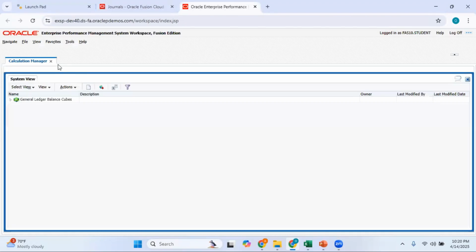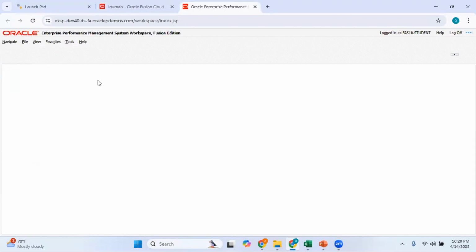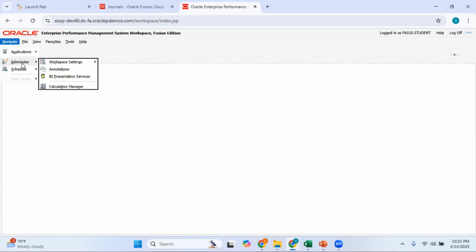Okay, as soon as you open this for the very first time, there will be some performance issues, so you need to bear it. And sometimes you will not be able to open this because of various issues in your laptop. Then maybe try to clear cache and cookies and try in a different browser, or sometimes a different laptop. And once you are able to get into this page, you need to navigate, administer,